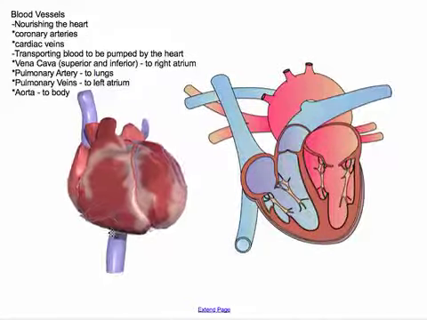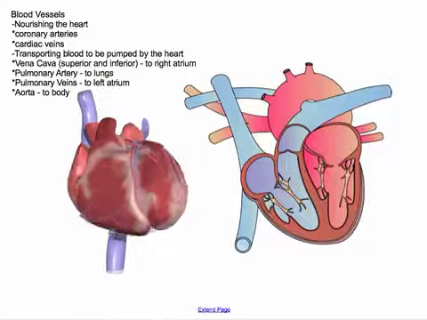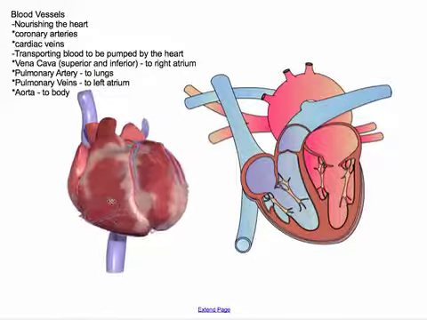Now, your heart requires a lot of oxygen and a lot of nutrients because it never, ever rests, and the cells don't generally replace themselves. And so you'll notice you have coronary arteries. If these become clogged, you can have myocardial infarctions, which is a fancy word for a heart attack. And then you also have cardiac veins that are going to drain that deoxygenated blood